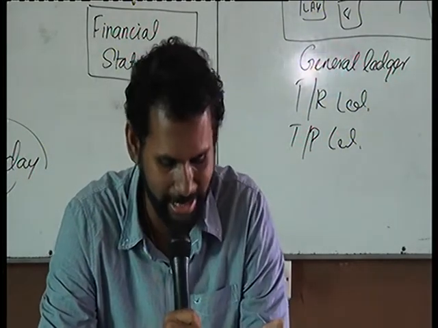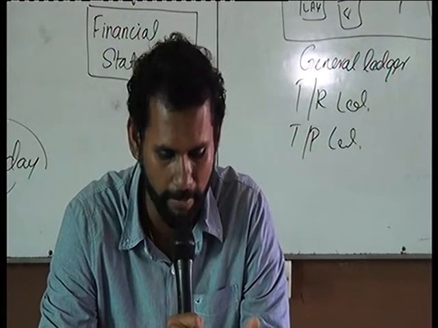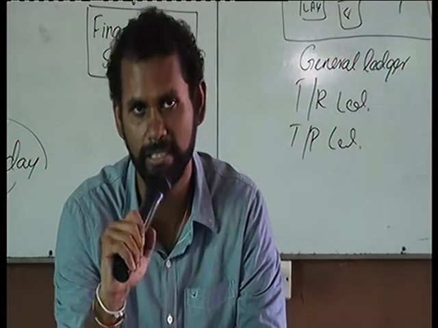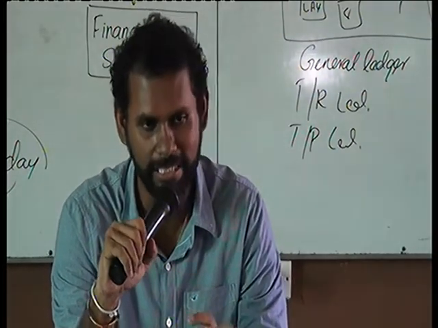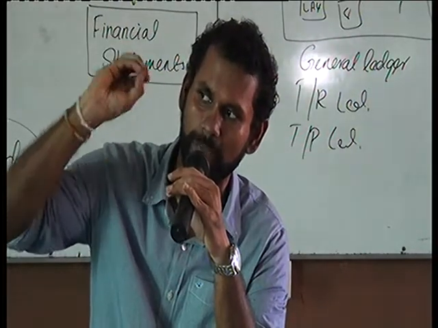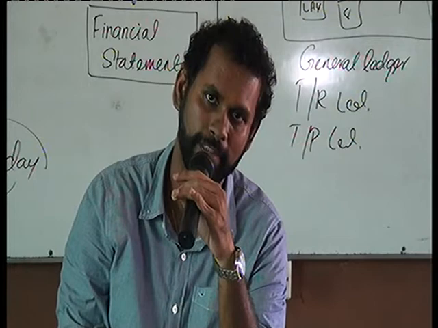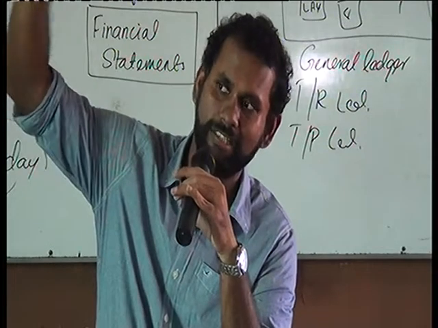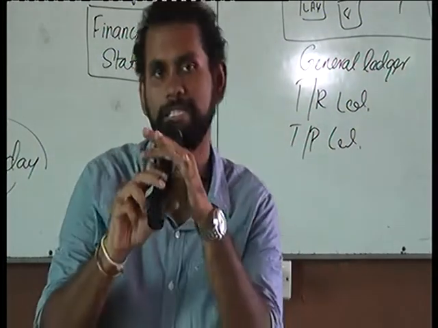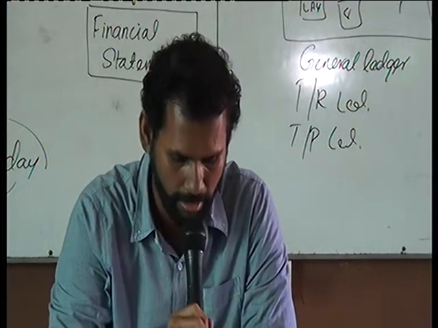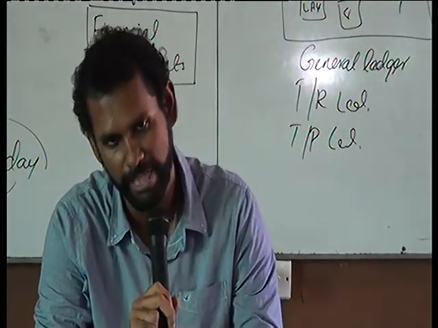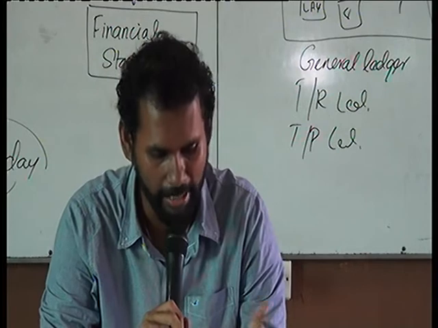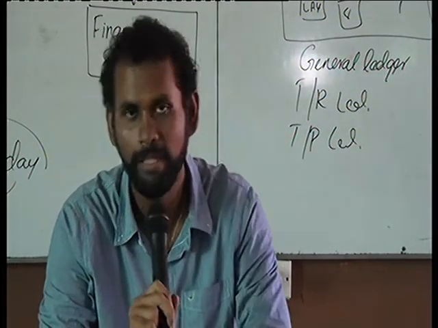The prime entry book related to the debit note or purchase returns would be the purchase return journal. There is a prime entry book called the purchase return journal where we record all the purchase returns happening in the company. And then the summary of the purchase returns recorded in the purchase return journal will be transferred into the ledger account, the purchase return account. So for purchase returns, the source document is the debit note, it is recorded in the purchase return journal, and the journal summary is transferred to the purchase return account.